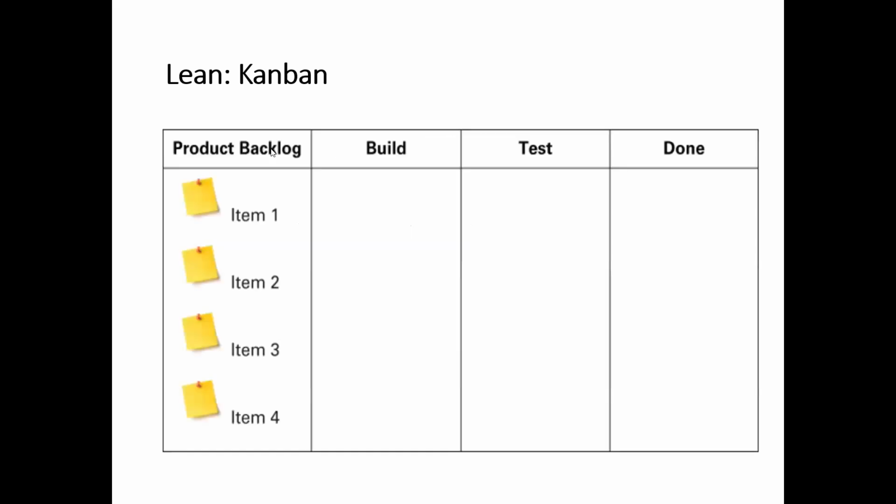So you can see here, this is a product backlog where we have a billboard where items 1, 2, 3, and 4 are written. So these are the requirements, these are the needs. And the team works on this, like build, test, and done for the motors. So they write down here on this billboard in Lean Kanban. Mostly it is used in Toyota